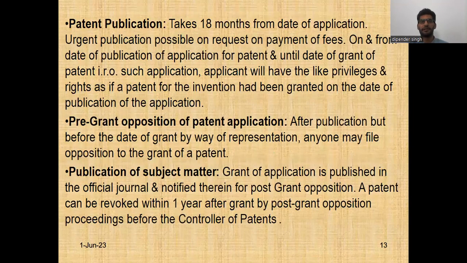Patent publication. It takes 18 months from the date of application. Urgent publication is possible on request and payment of fee. On and from the date of publication of the application for patent and until the date of grant of patent, the applicant will have like privileges and rights as if a patent for the invention had been granted on the date of